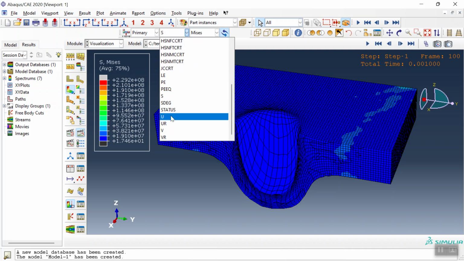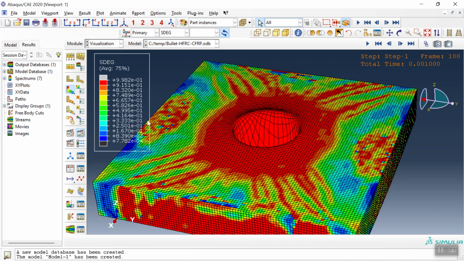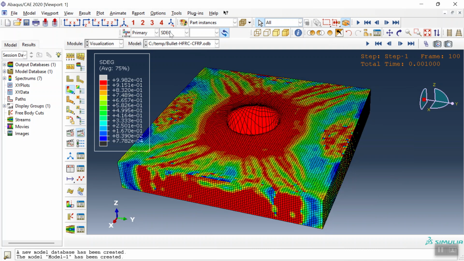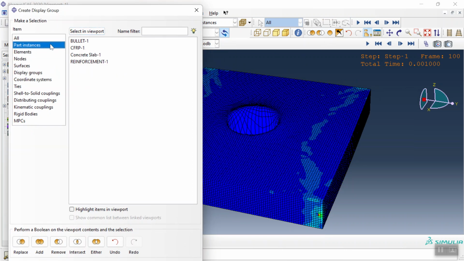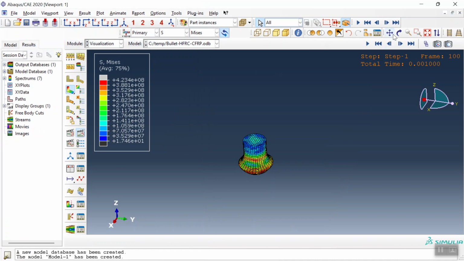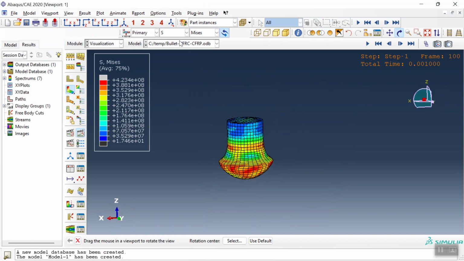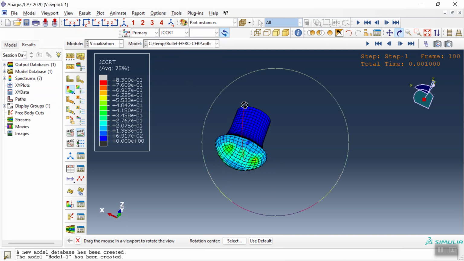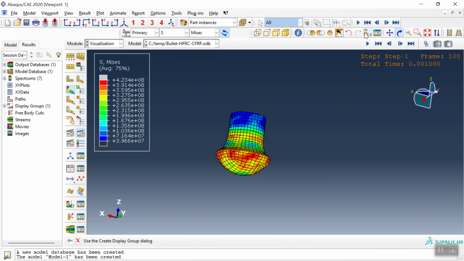Stiffness degradation, or we can request anything else also. Now let me replace it with stress and then replace the bullet, for instance. Check the bullet, see the bullet. The deformation is too much for this also. We can request Johnson-Cook damage, it is 80%, plastic strain, again the stress. Now let me replace